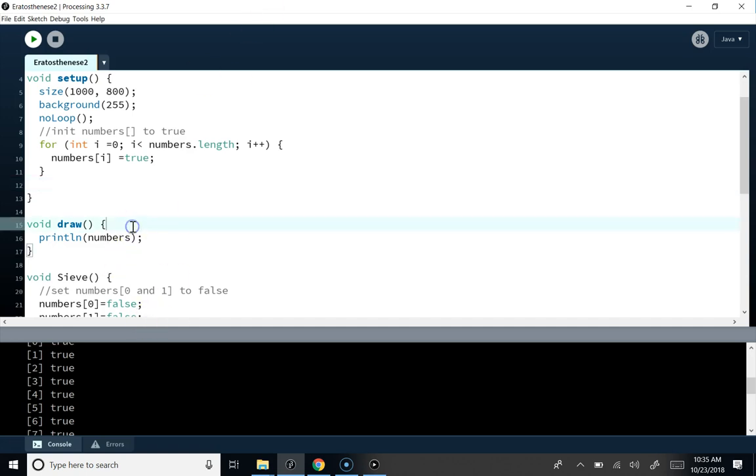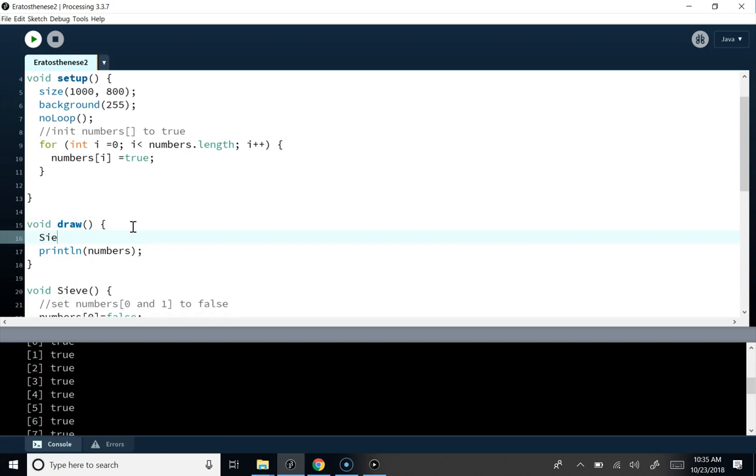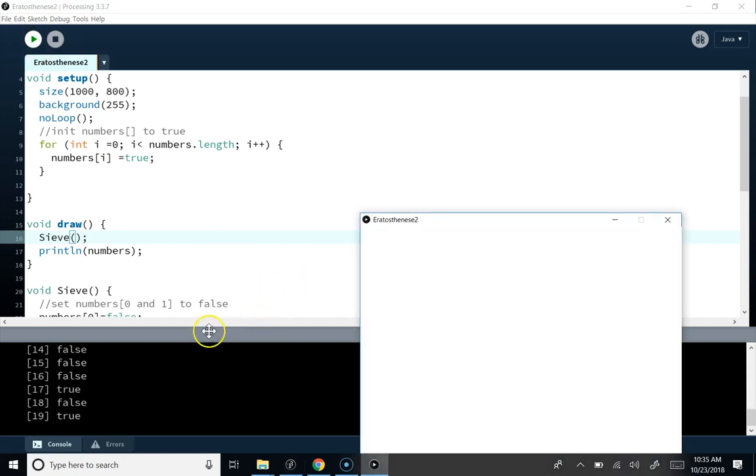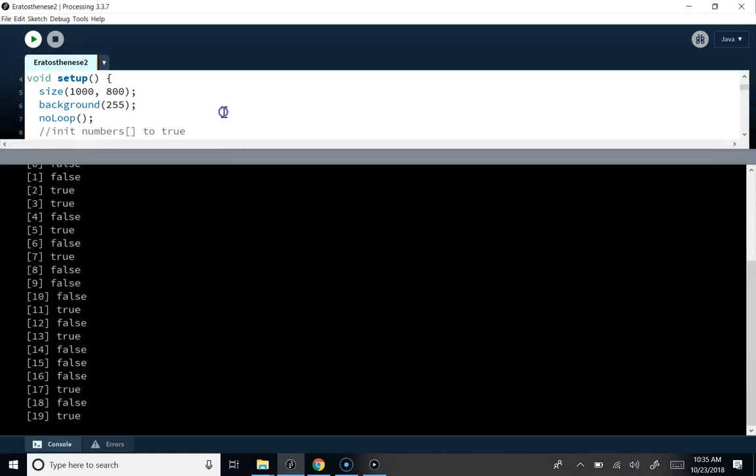You can put it wherever you want. Maybe here. So I just need sieve. If you do, it's going to do a lot. I remember I have no loop on. Sieve what? What's sieve expecting? It's not expecting anything, but you still have to pass it nothing. Okay, so now if I hit go, I get, oh hey,